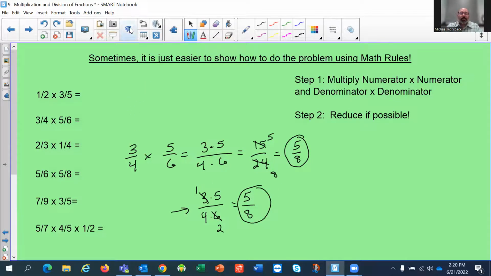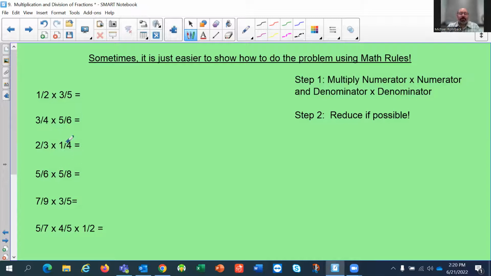And it works this way whether you have a fraction times a fraction or even 3 fractions. So here we have 5/7 times 4/5 times 1/2. So 5/7 of 4/5 of 1/2, just a bunch of fractions multiplied together, but we can reduce before